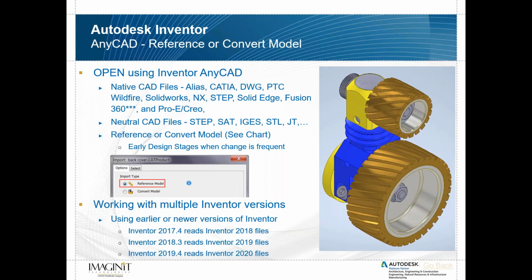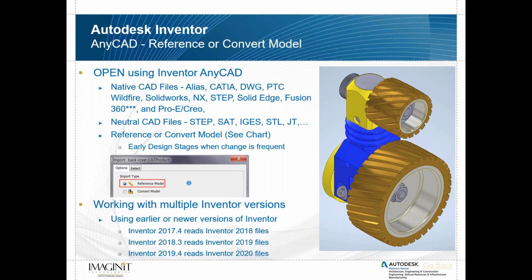So that's why we say it is a reference and it is associative, because even though it's being referenced, for those of you that have used AutoCAD, think of an XREF, for example. Same goes with STEP. STEP is a neutral file, but that can also be opened as a reference in Inventor. So if the design is at a stage where frequent changes are taking place, you may choose to use the reference option. And we'll show the dialogs here. We'll get into all of this. The reference option can be converted to an import simply by breaking the link, and we'll